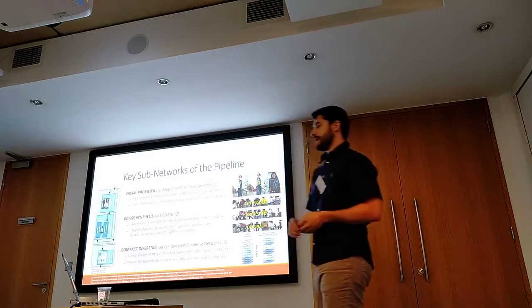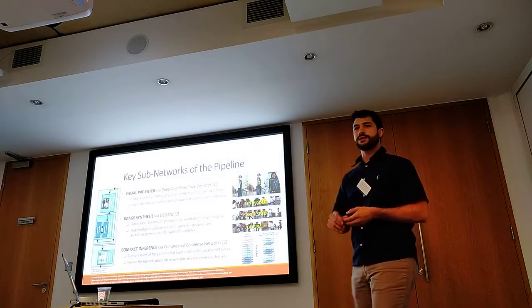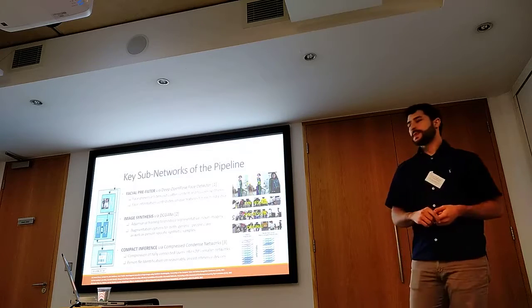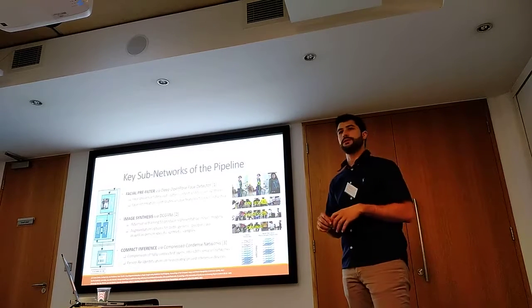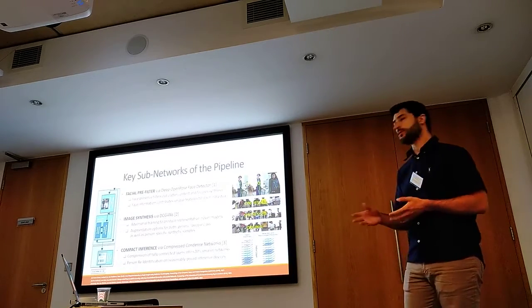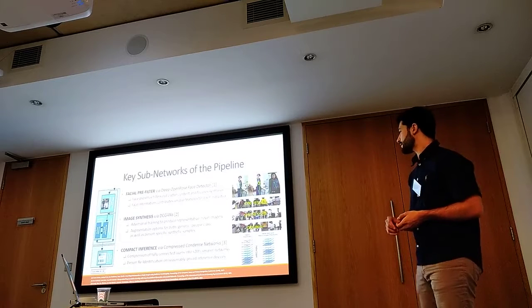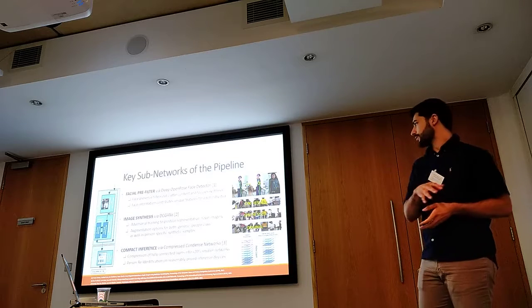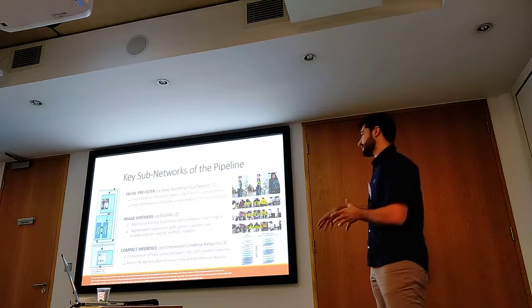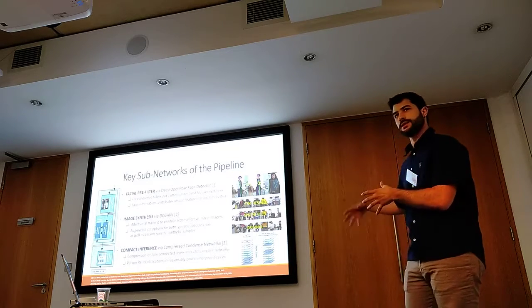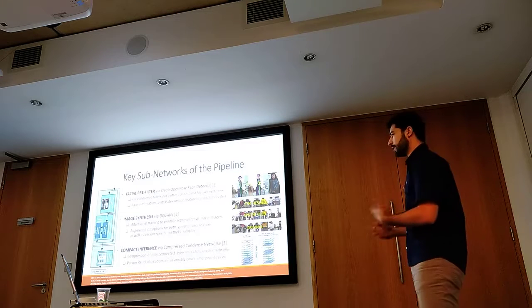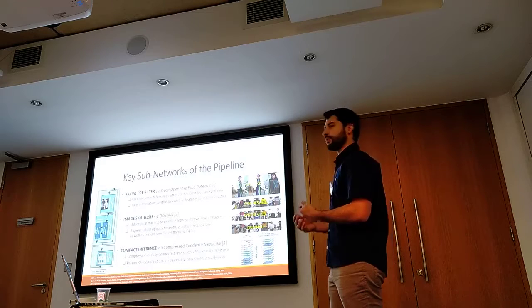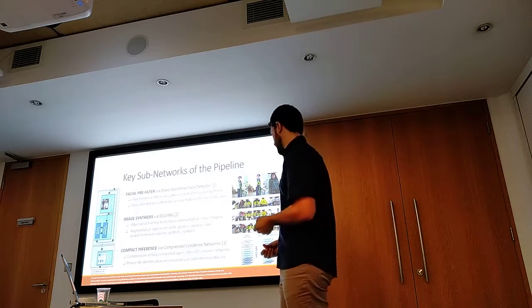And then the third network is the compact inference network, which is a compressed network that consists of learning grouped convolutions in the dense layers, and then discarding those unused weights in the optimization stage at the last stages of the network. So you can produce a fast inference for identification.